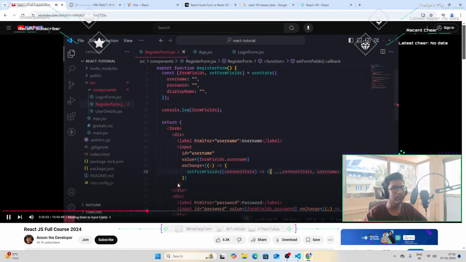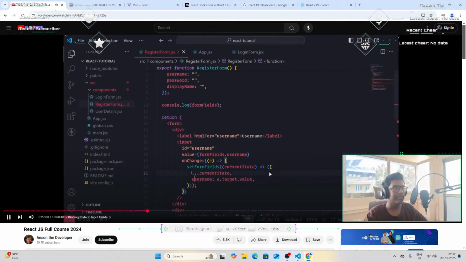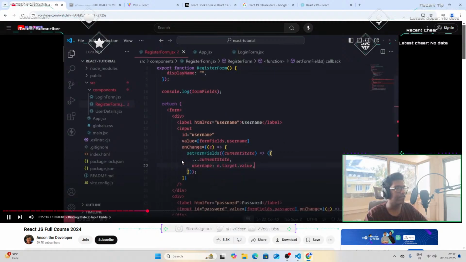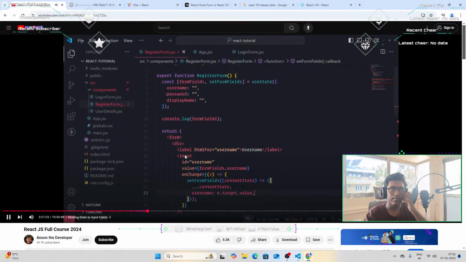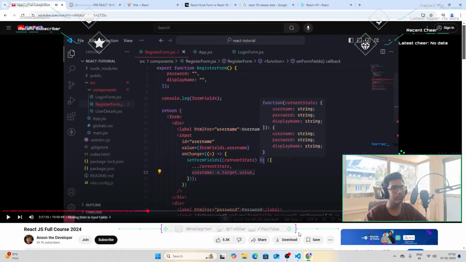Okay. So then over here, what we're going to do is reference e.target.value, just like this. This would have the original username, but this would override that username. So what this essentially does is it creates a copy of the current state object, and then you have a copy of all of the key value pairs of current state. And then you override the username field with whatever the e.target.value is. So this will basically preserve the password field and the value, as well as the display name field and value. But since we are adding this extra line over here, setting the username field explicitly, it's going to override the username field. So in a nutshell, you're basically creating a copy of